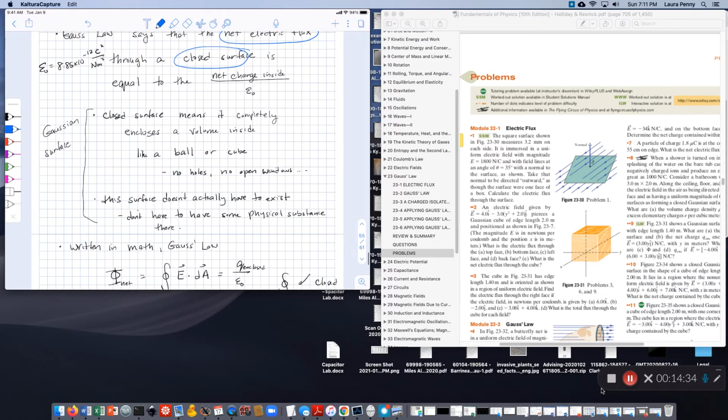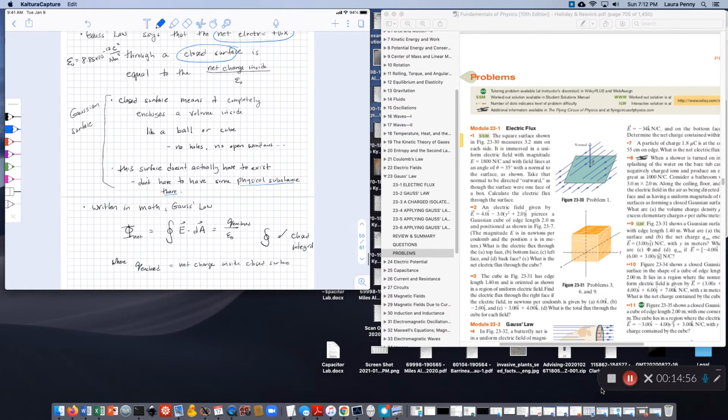And this does not necessarily have to have any physical substance at that location. It could be just a theoretical Gaussian surface, is what we call this, but it is a completely closed off surface. And again, we'll write this again. Written in math, Gauss's law